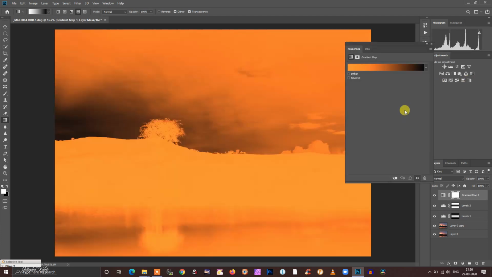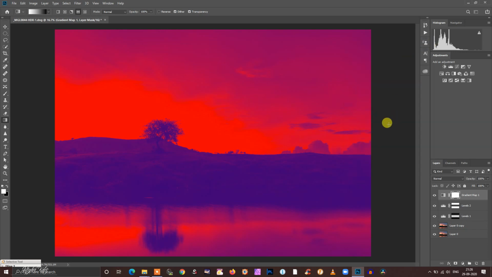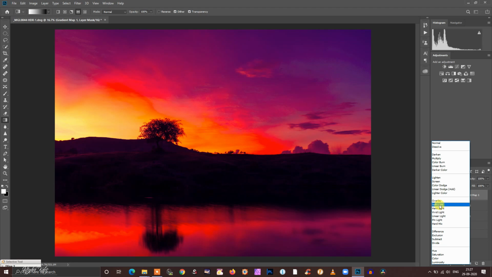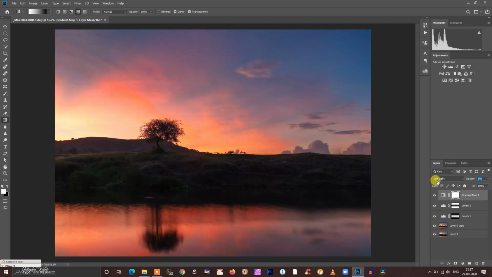I like to apply gradient map. It gives very beautiful warm color to the image. I will change the blending mode to soft light and reduce the opacity down to almost 5 or 6%. That's all.